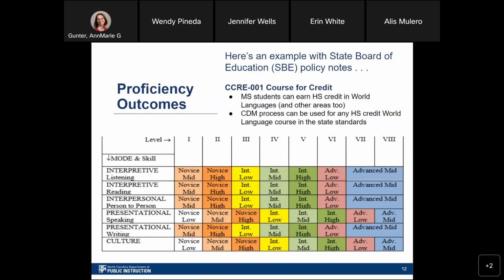So to think about that a little bit, I pulled up this chart. This is the modern languages chart. But just to give you an example, when we talk about middle school students earning high school credit in world languages, levels 1 through 4 are available for that in all of our modern languages as well as classical languages. And then levels 1 through 6 are available for high school credit to middle schoolers